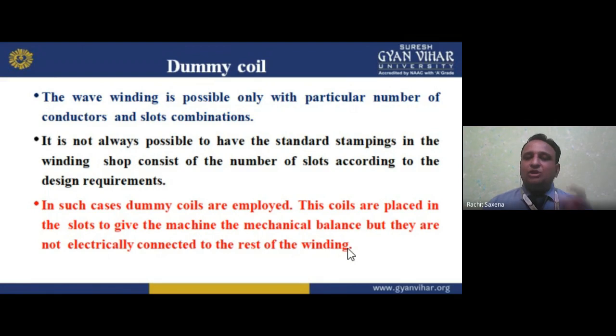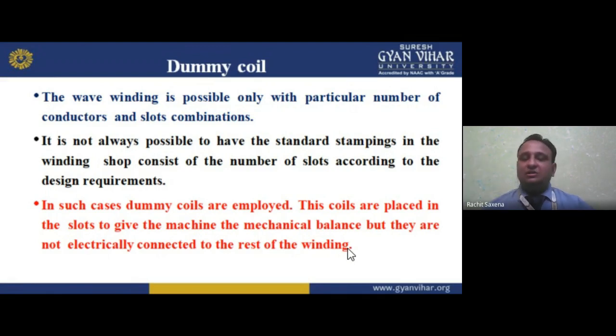Okay. If I'm talking about the lap winding, in this lap winding we have so many terms: back pitch, front pitch, conductors, resultant pitch, pole pitch. So we have to apply these. If I'm talking about the resultant pitch, that is YR, then YR is equal to the difference of back pitch and front pitch, which is equal to 2 in lap winding. If I'm talking about wave winding, it is the addition of front pitch and back pitch. Okay, so these are the differences.